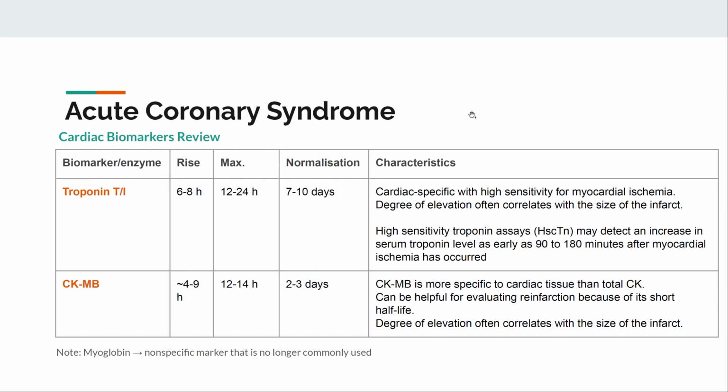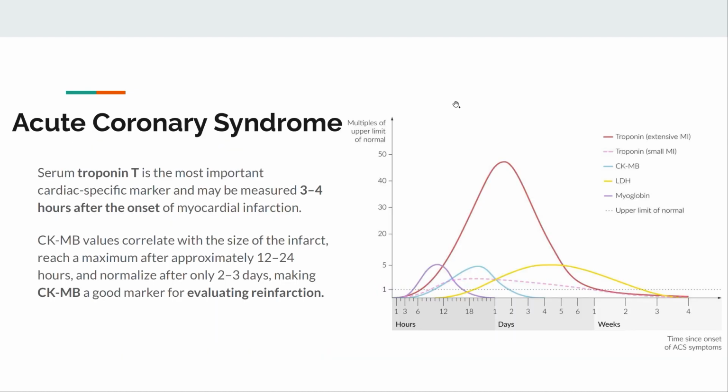Just to revise again, cardiac biomarkers. So cardiac troponins rise about 4 hours after the event and they stick around for about 10 days. And CKMB is another one you can use, but cardiac troponin is basically what's done. You do it on admission and then you do it again 6 hours later to look at the trend, as we talked about earlier. Another point about troponin, so the troponin T is very sensitive. Unfortunately,